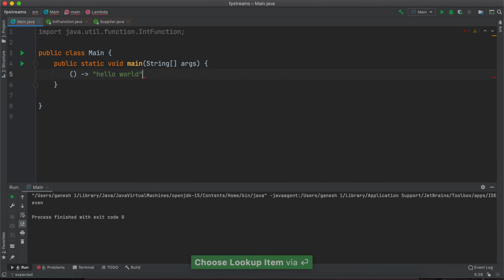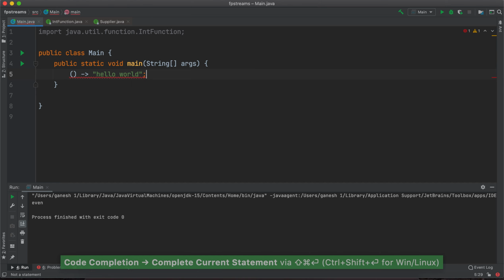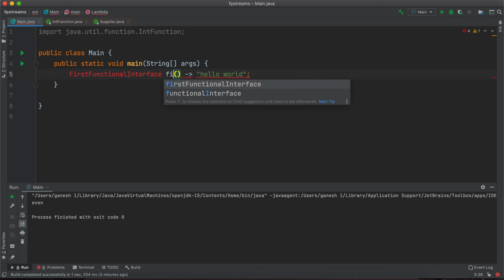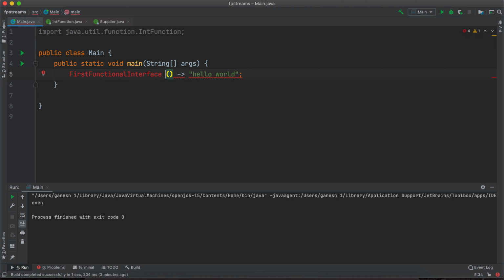Let's complete this statement, and let's call our first functional interface, not a very good name, but still a name that you can give so that we can see how functional interfaces work, and we can say hello lambda, right? So now we should get this code working.